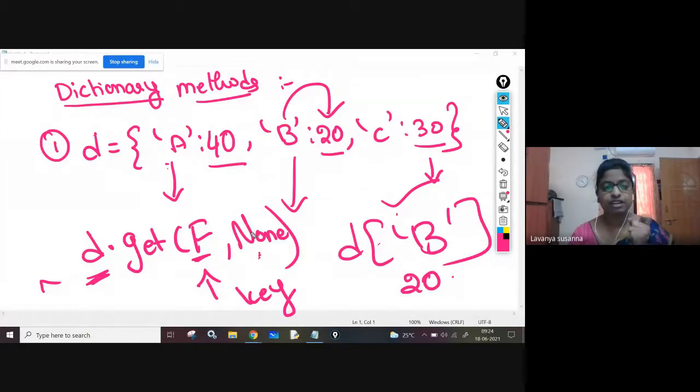The get method will retrieve the second argument, which here is None, so None will be the output. If the key is present, if this f is present as a key in the dictionary, then the get function will retrieve the key's value. Okay. I will execute and show you later.